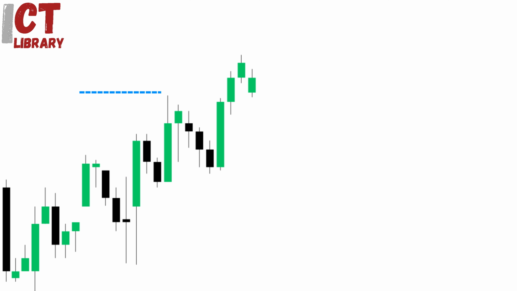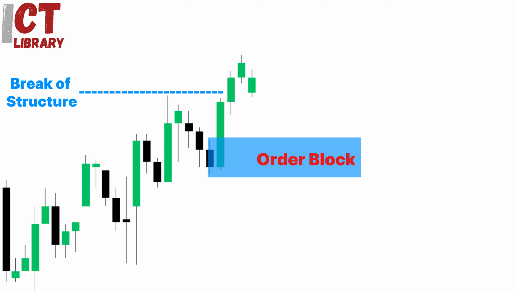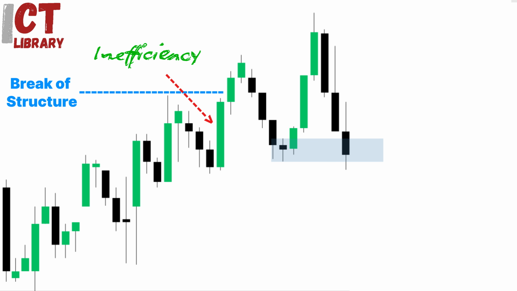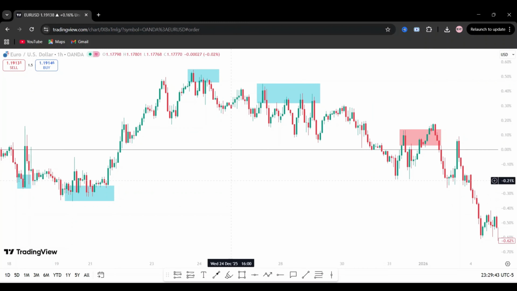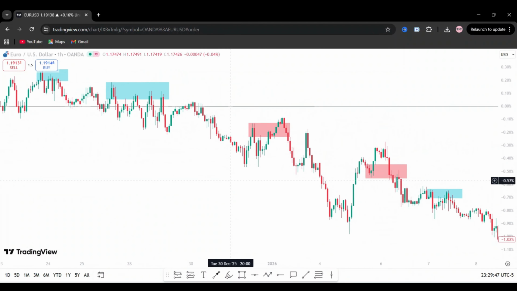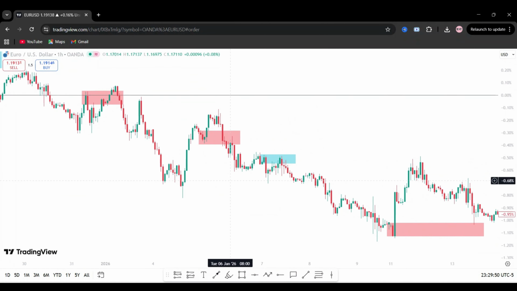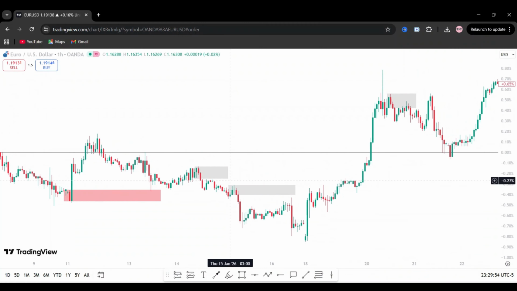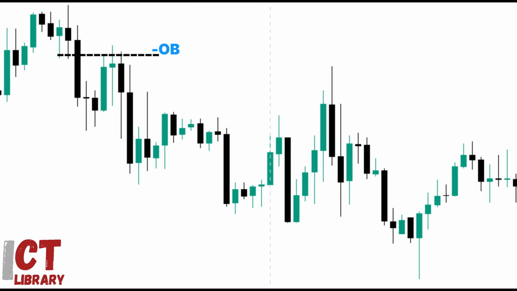Order blocks are widely recognized as powerful areas for identifying high-quality trading opportunities. But have you ever wondered why some order blocks perform extremely well, while others seem to fail or get completely ignored by the market? To uncover the answer, we conducted extensive backtesting on more than 100 order blocks across multiple market conditions to identify the defining traits of high-probability order blocks. We applied a variety of rules to analyze whether they actually improve the overall win rate, and the insights we